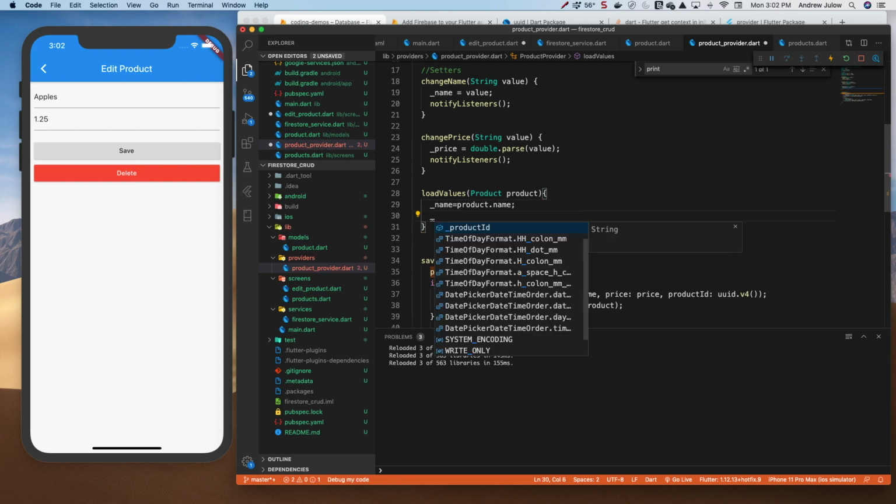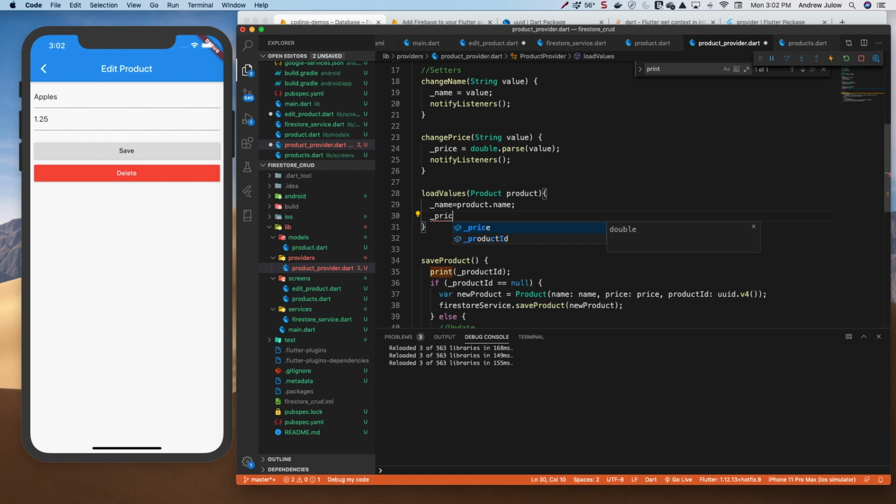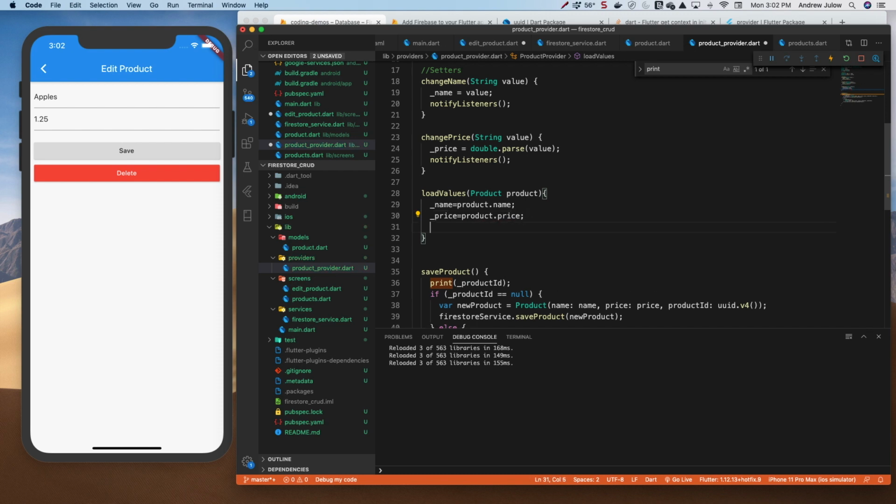So product name is the same as name, price is the same as product price,